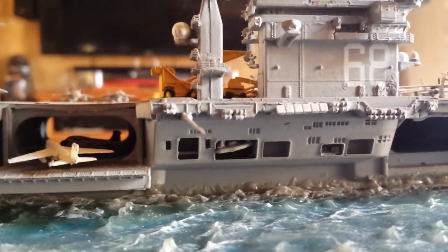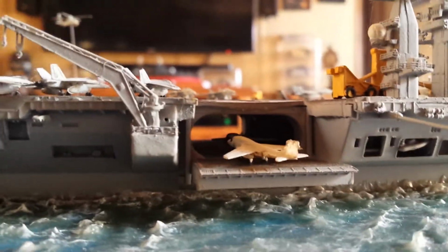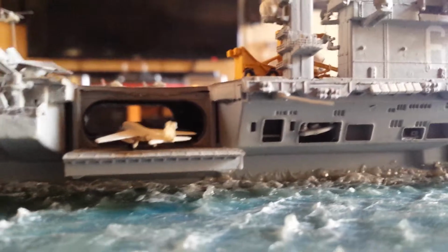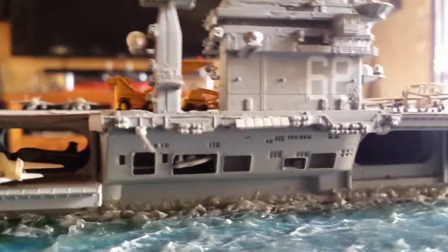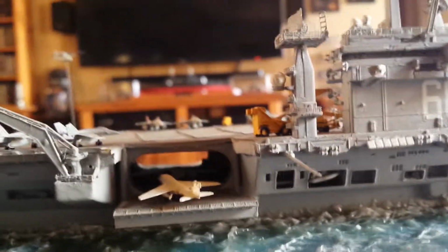Hangar Bay. It actually comes with a clear top if you want to make it see-through to see all the detail. I didn't do it. There's other videos that show off the Hangar Bay where they store all the planes and do all the work. You can see that, but there are planes in there. I just didn't